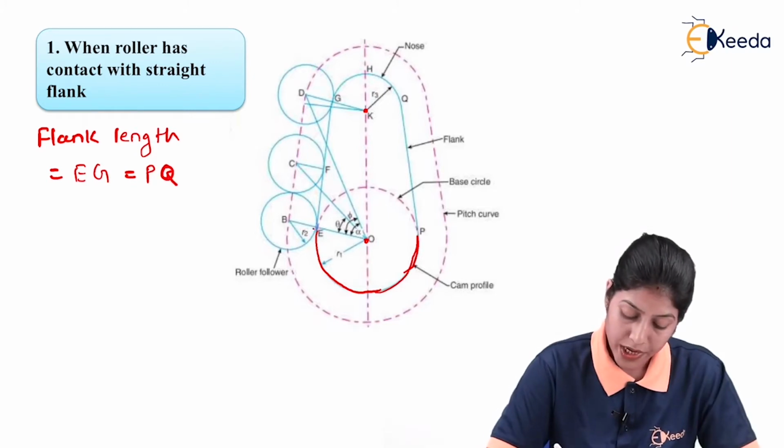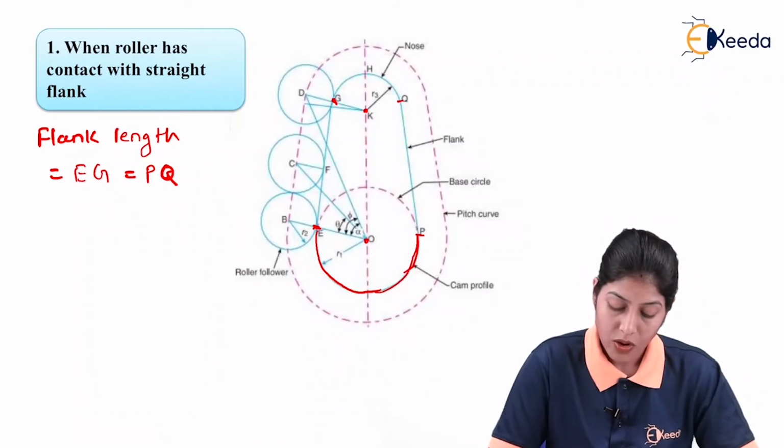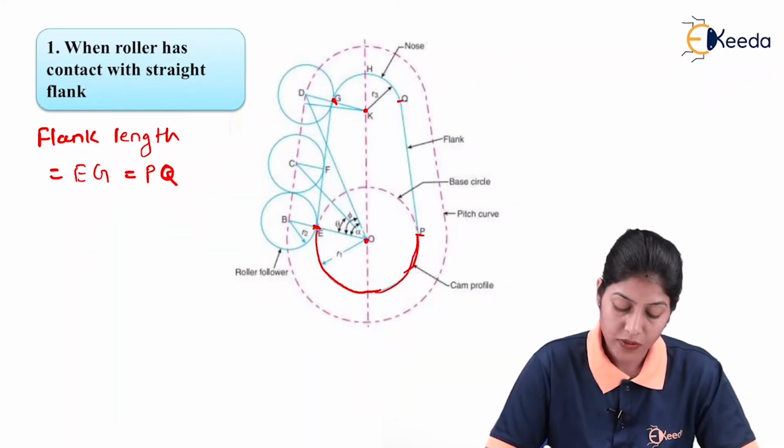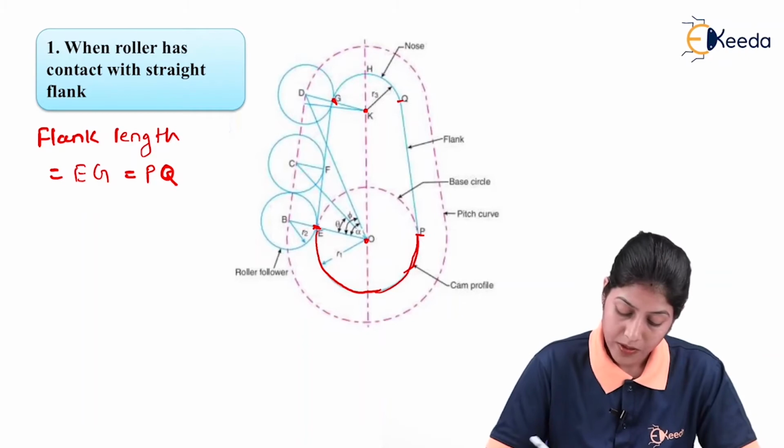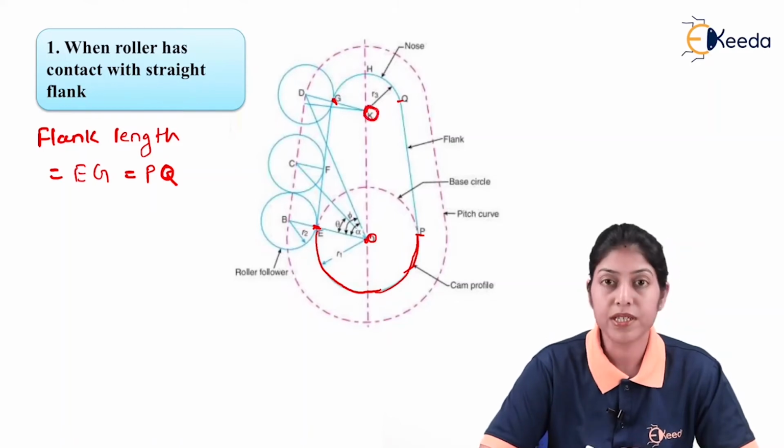So these points E and G and P and Q are representing the length or position of the flank,